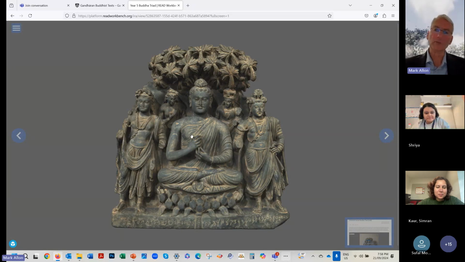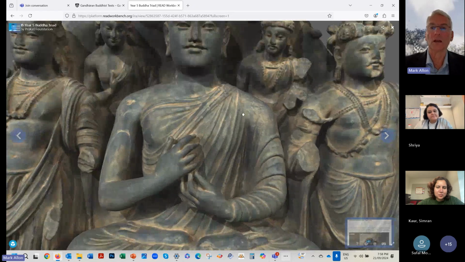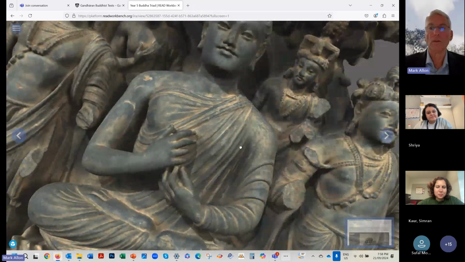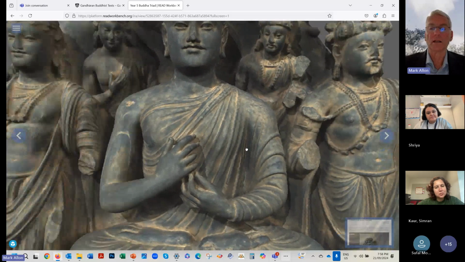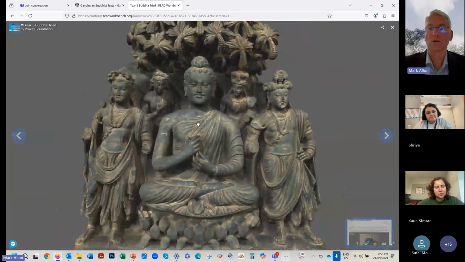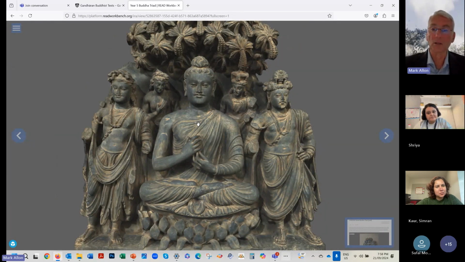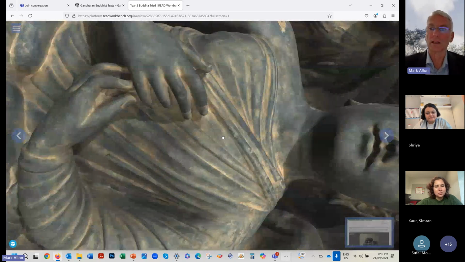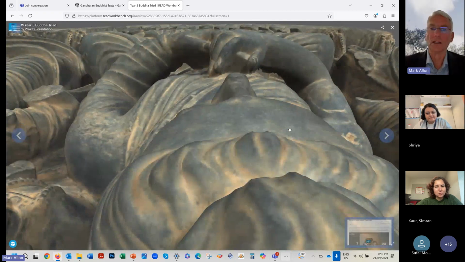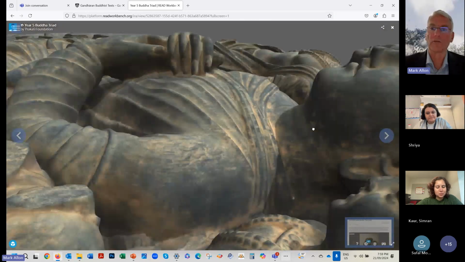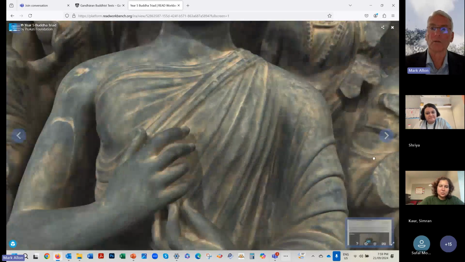So the Metropolitan Museum of Art produced this 3D image, right? One of the problems you face as art historians and so on is you mostly can only encounter this type of material through books, or you go to the museum and it's behind a glass thing. So you have something like this. The detail is extraordinary for studying the object.